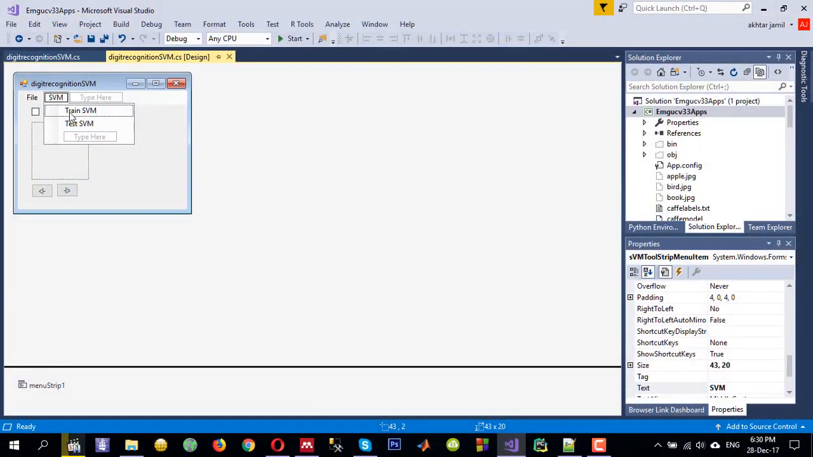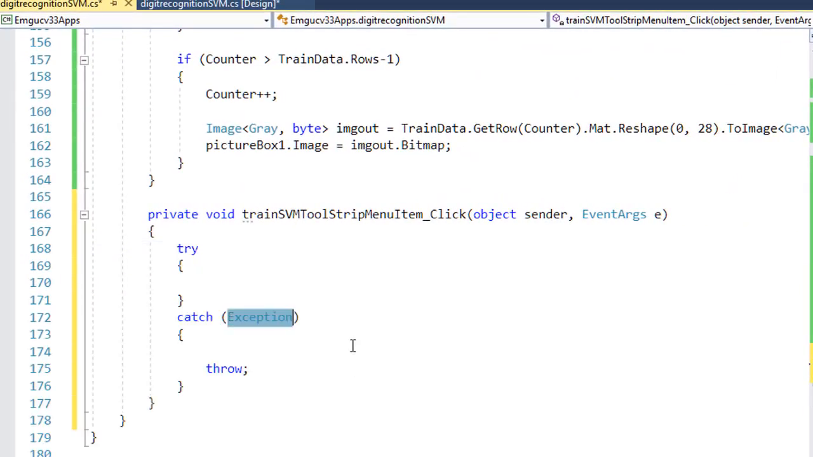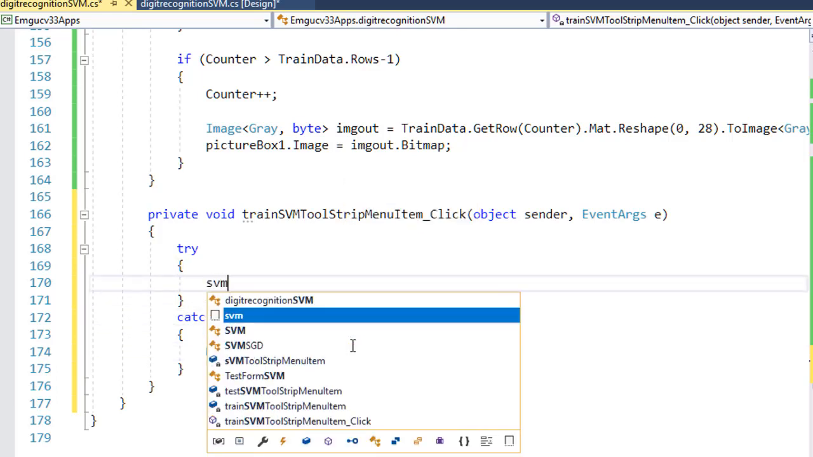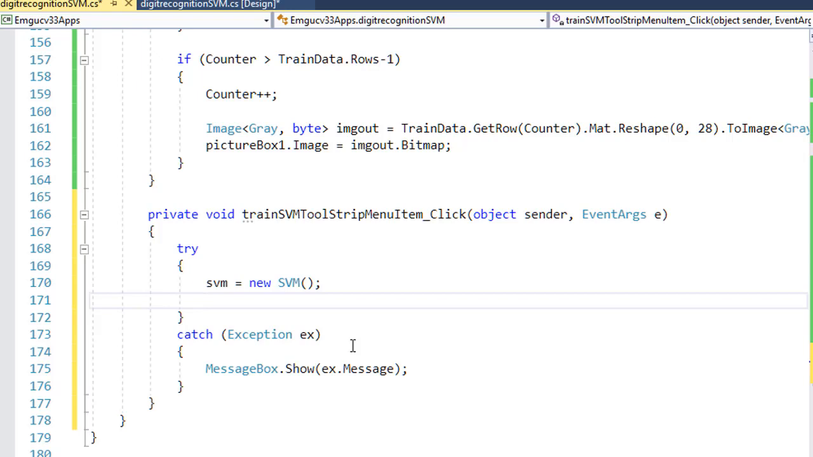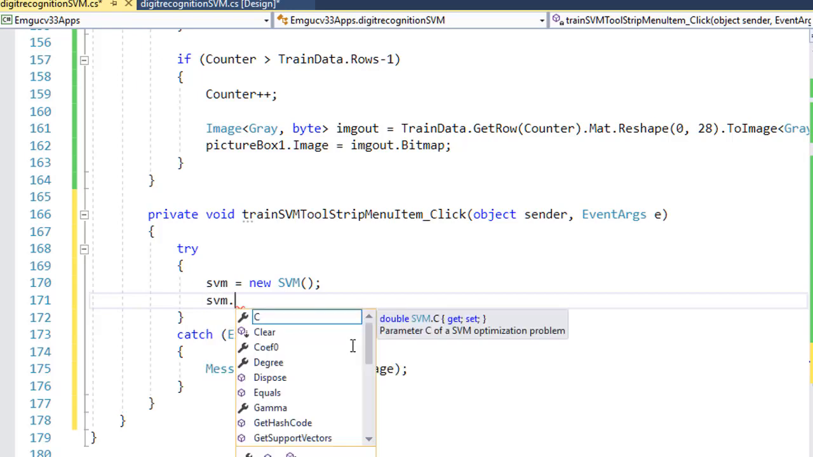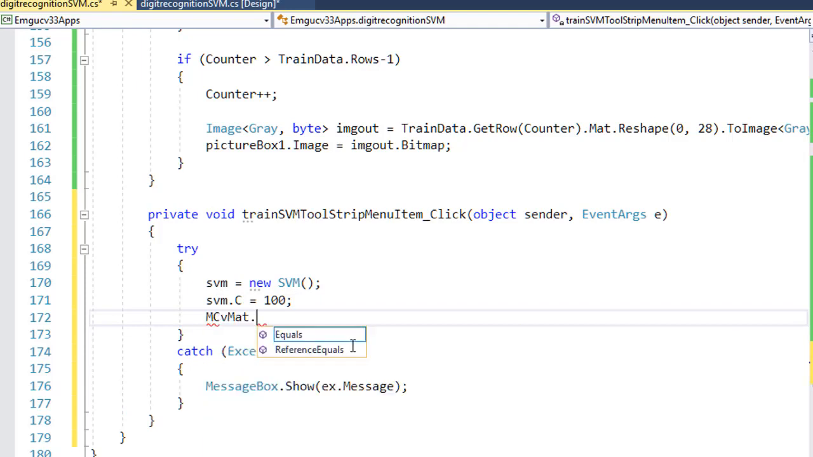Now the interesting thing is how to train the SVM. So try and catch is usual, just in case we have any problem, MessageBox.Show(ex.Message). And here we will create an object for SVM equals new SVM, and we need to put some configurations for this SVM, like svm.C, that is the cost that I want to apply during the training, is 100, and svm.Type